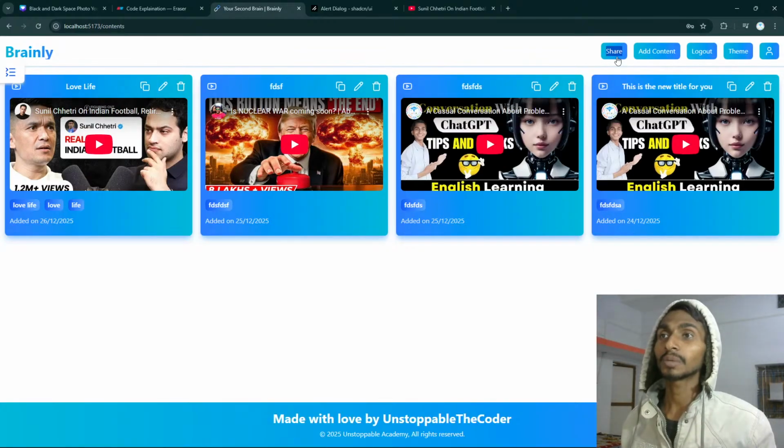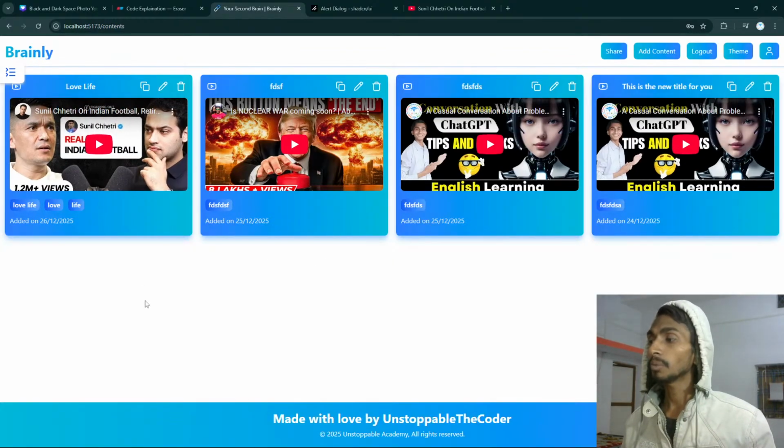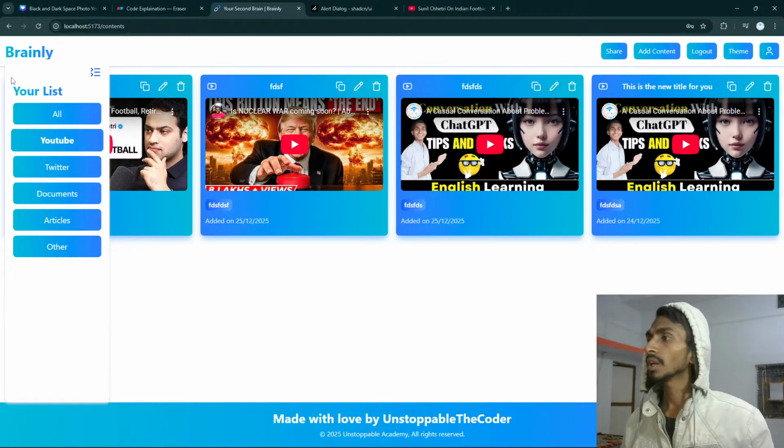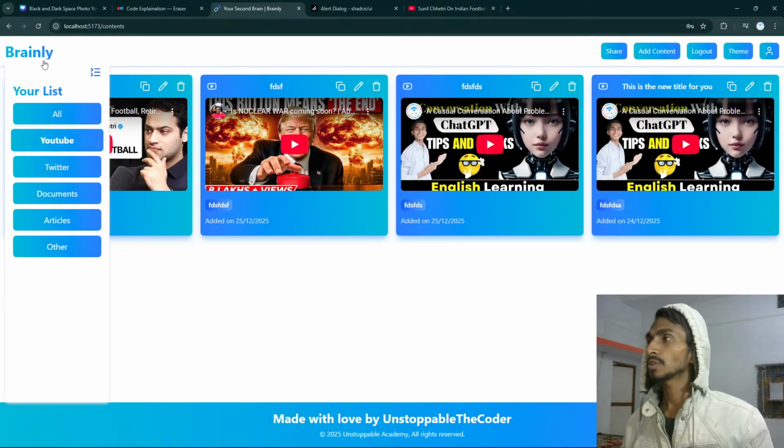Remaining features are this share button. I should be able to share. I should be able to change the theme, dark and light. And one more feature, I think that's done. I should have a content button over here, in the middle or something, so that I can just go to this particular page. And the next feature is that as soon as I actually go to my home page